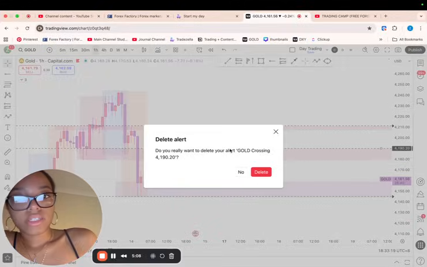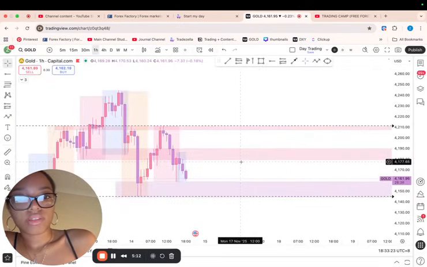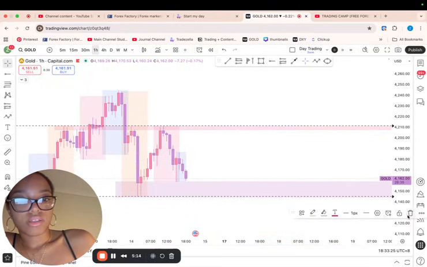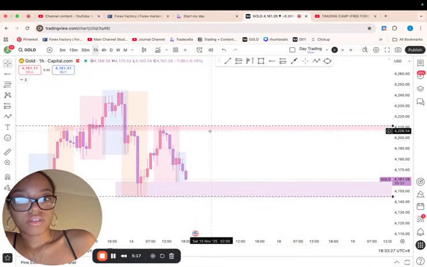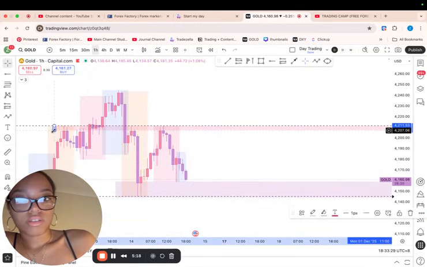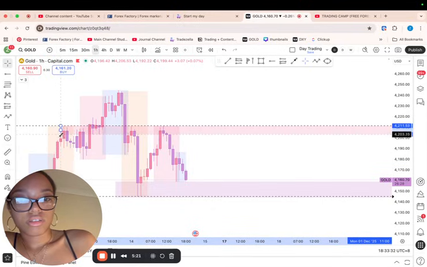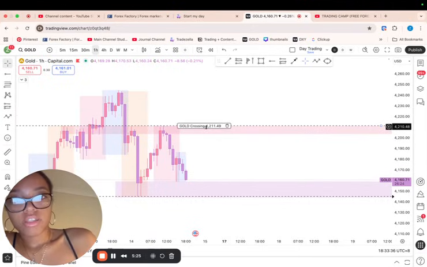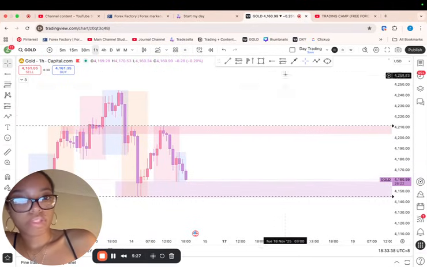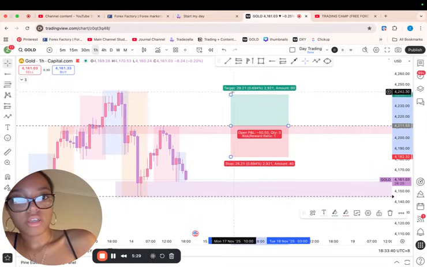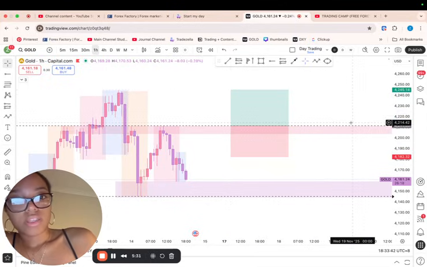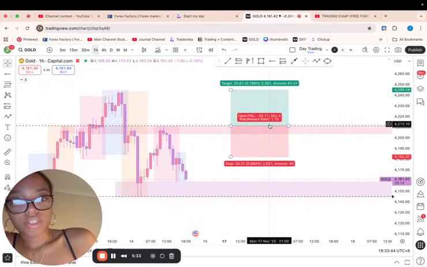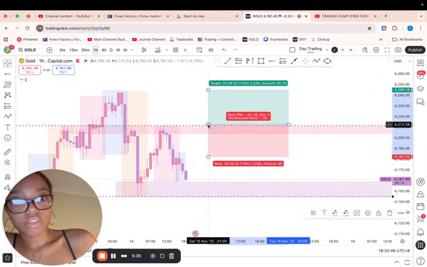So really the main things that I'm going to be looking for is this high and this low. If price breaks above here, then we'll be looking at taking buys. If price breaks below here, we'll be looking at that being an indication or a new indication. That's what we're targeting. Put a position there just so I can be reminded of what I'm actually looking for.